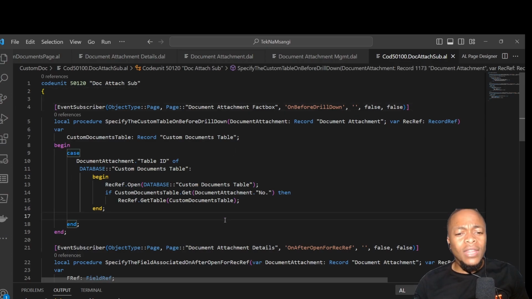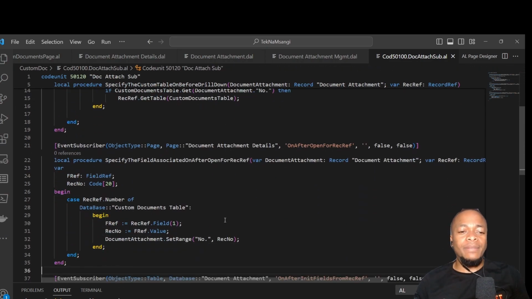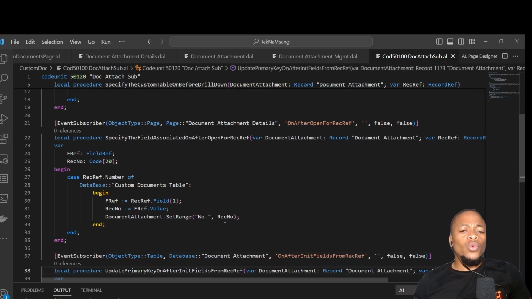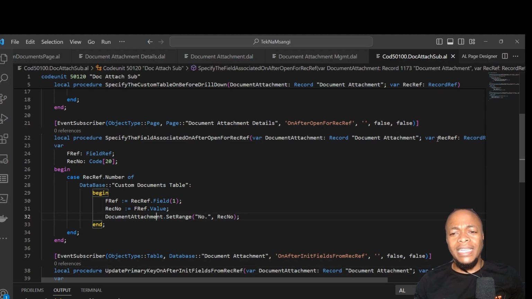Then on the document attachment details page that we have just opened, we need to specify on after open for record ref that the field number, we are also passing it by reference here. We are specifying that now we are